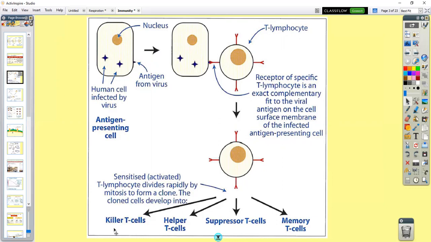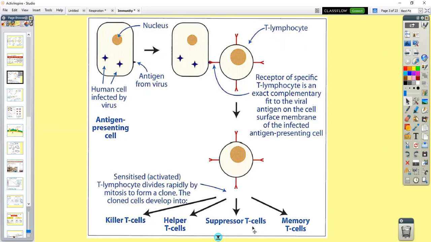You have killer T cells, which destroy infected cells which have antigens or pathogens within them, and they break that down by enzymes. You have helper T cells, which stimulate other cells involved in the immune response. For example, some of the B lymphocytes, the B plasma cells, as we'll take a look at in a second. You have suppressor T cells, which, as it suggests, suppress or dampen down that immune response,